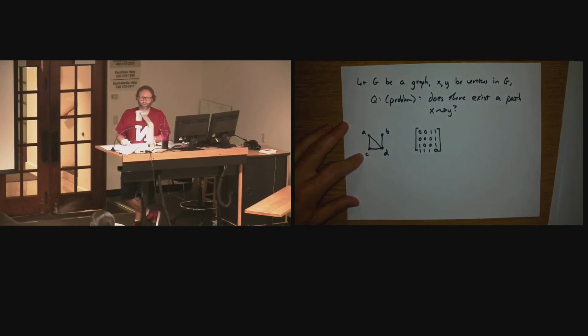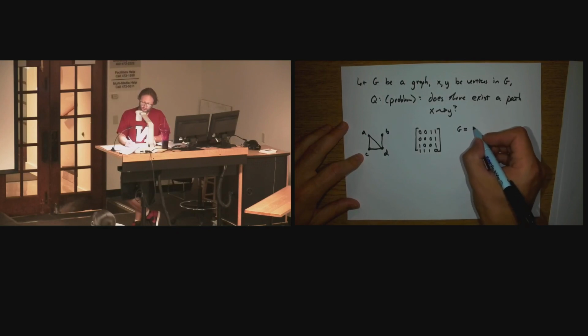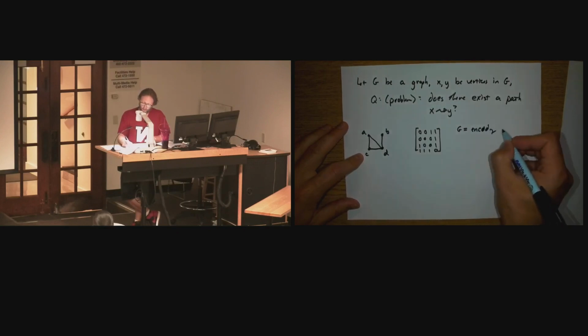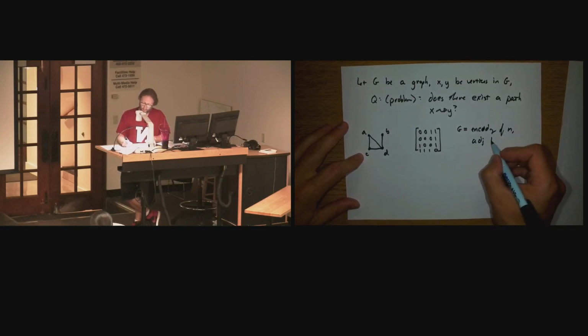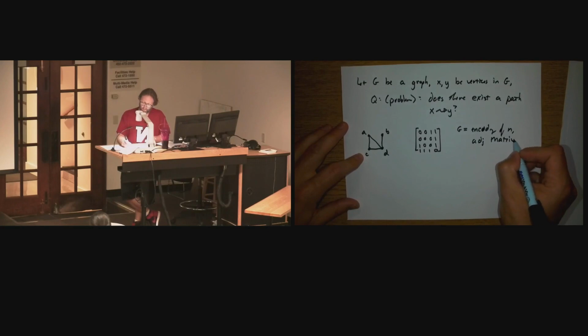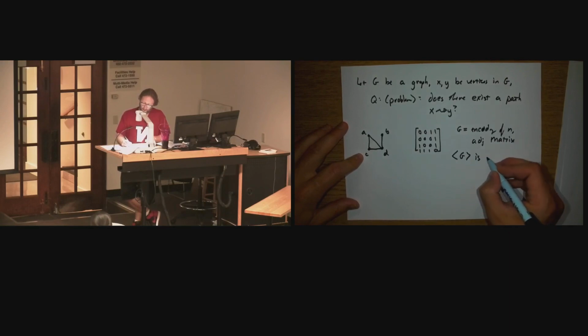Bunch of zeros and ones to me, right? So what you could do is you could encode. G is going to be an encoding of n, an adjacency list, or matrix say. Right? And so what you could look at is, and we use angle brackets on these, this is going to be an encoding of some graph,